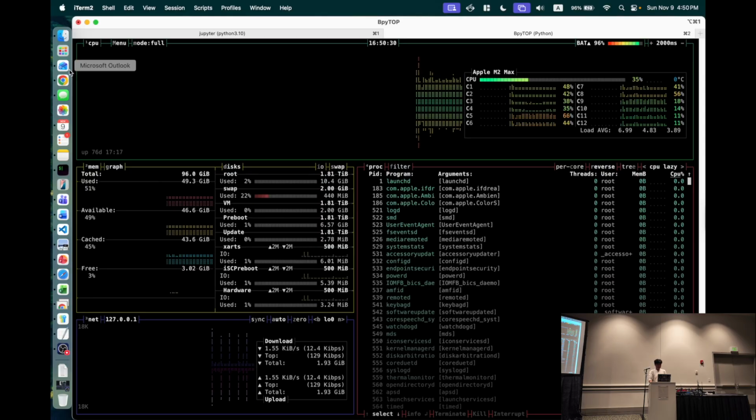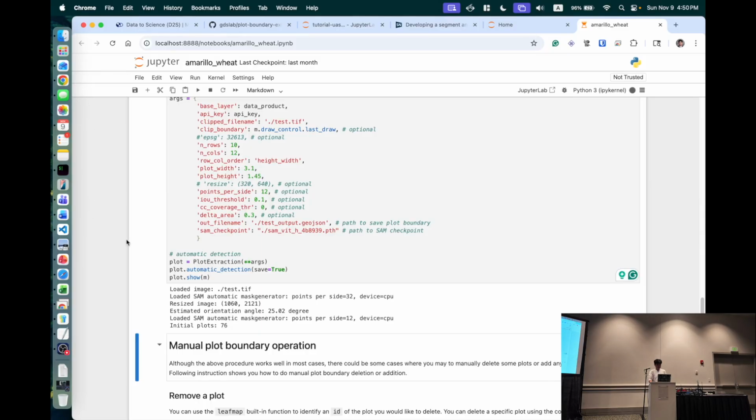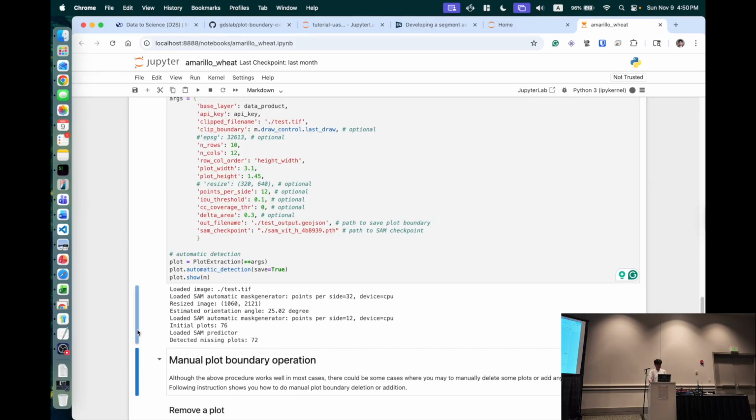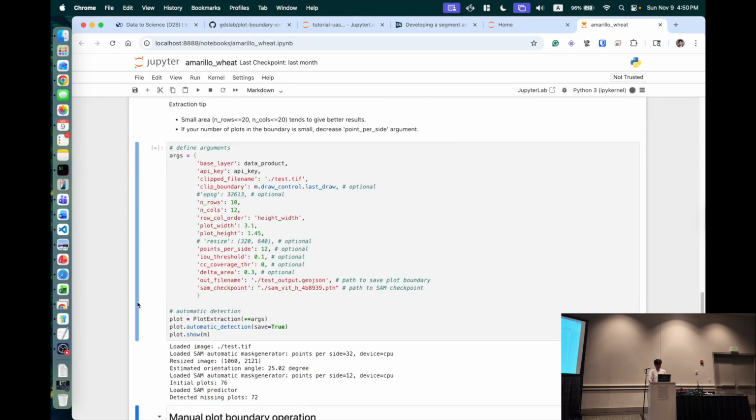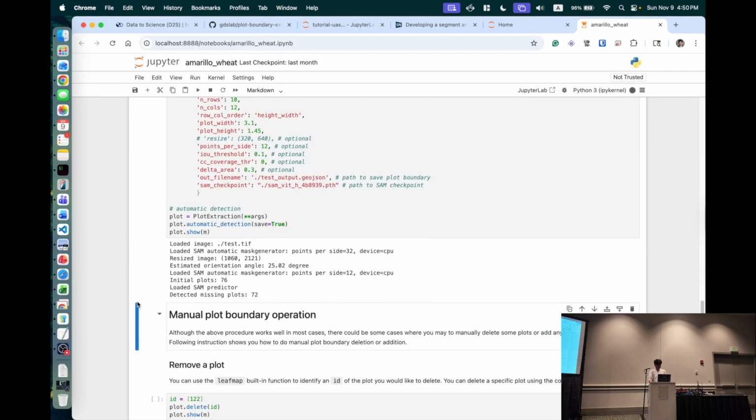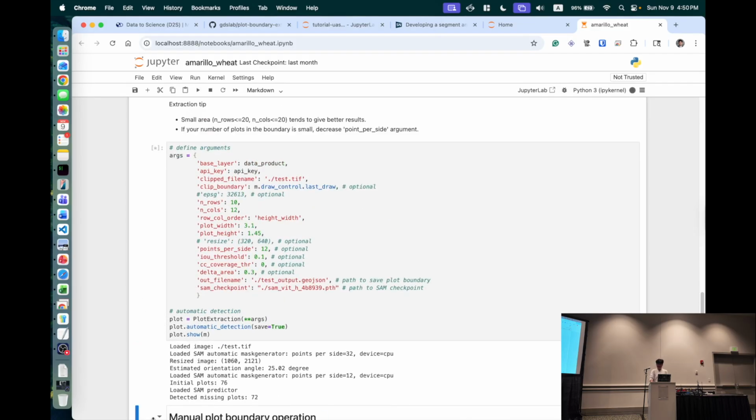I think I'm okay memory-wise. Oh. We're missing a lot of plots. Oh, they detected the missing plots. I think they are trying to detect those missing plots automatically. So I think there are multiple steps. Still running.